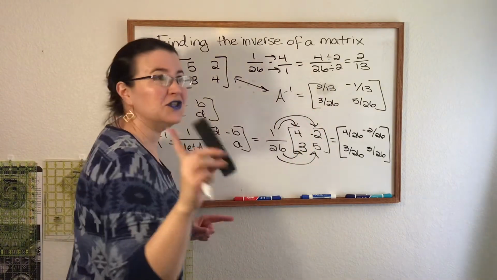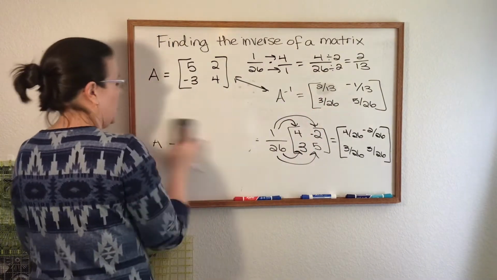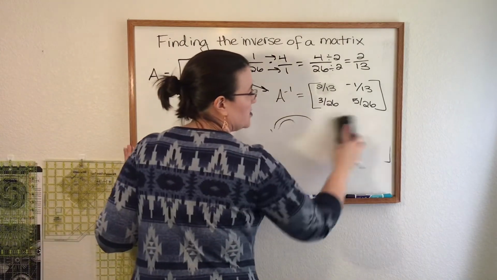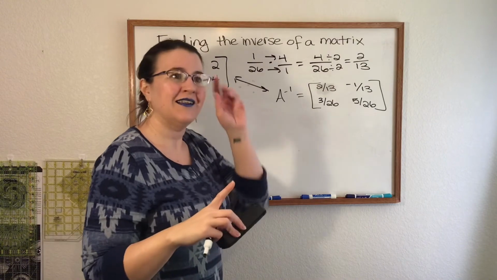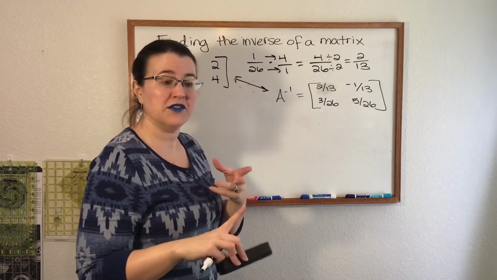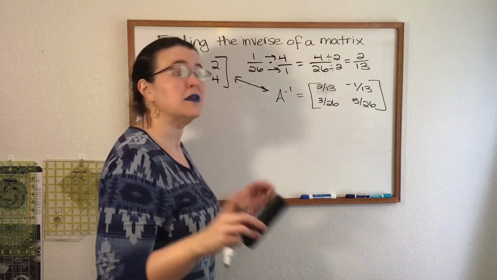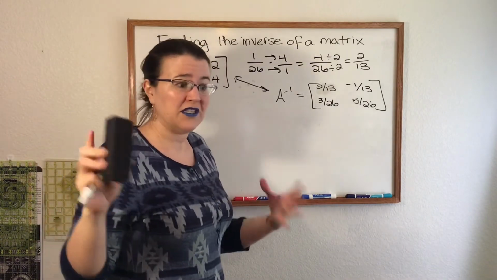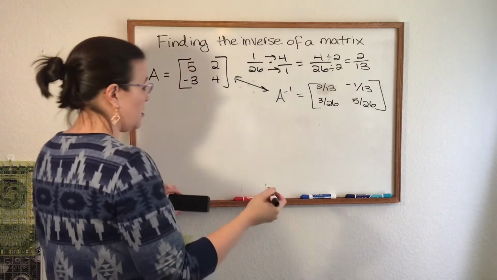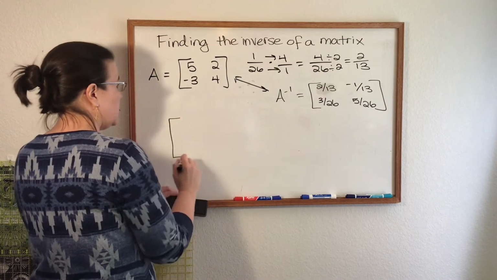The way you prove that is you multiply them. Now, I taught my students how to use a calculator for this because it's not a quick process. If you're taking the ACTs or the SATs where they let you use a calculator, that's going to be your fastest bet. You might be in a class where you're not allowed to use a calculator, or maybe you don't have a calculator that's fancy enough to do matrix multiplication. So the way you multiply matrices,